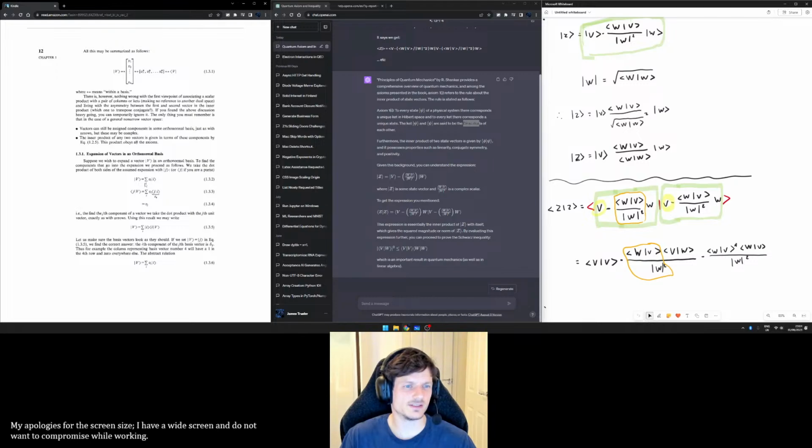So the inner product of this is... I can't remember this stuff, but to find the jth component of a vector, we take the dot product with the jth unit vector, exactly as with arrows. Using this result, we may write the sum of, yes, we found out that that was equal, and so